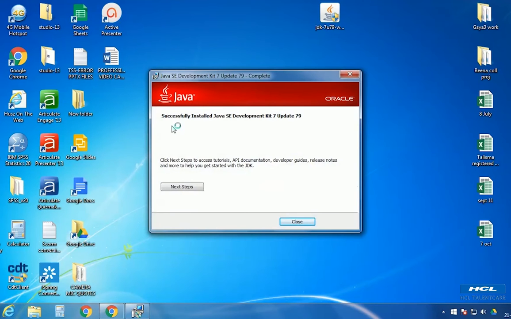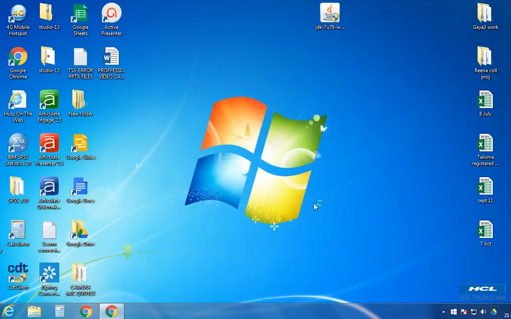So you see a message, successfully installed Java SE Development Kit 7 update 79. So at this stage your installation has been completed. Just click close. Now you have installed JDK 7U79.